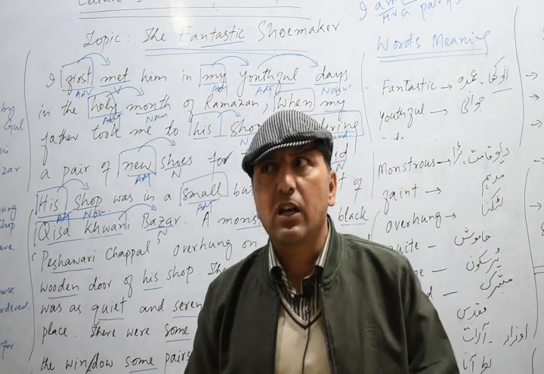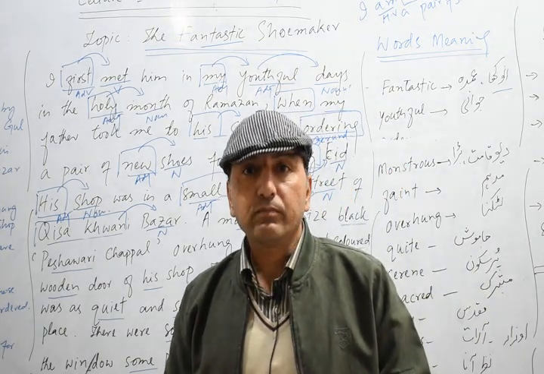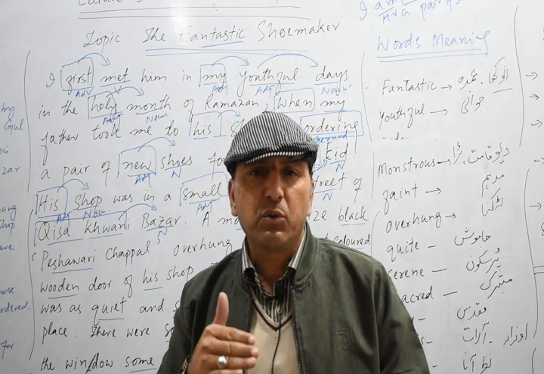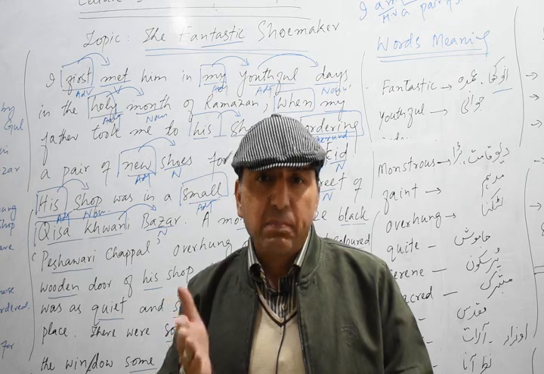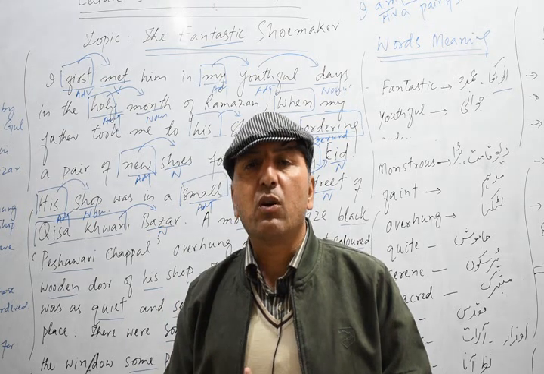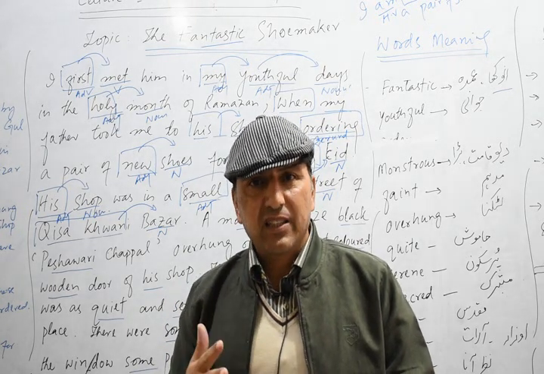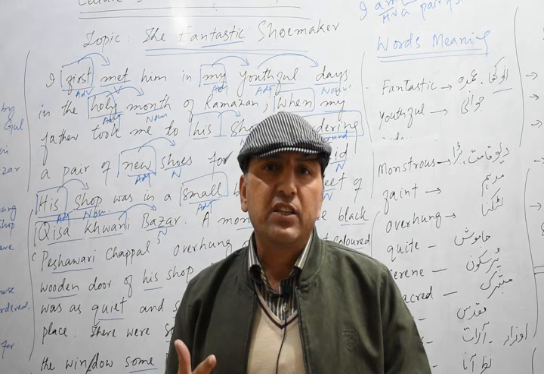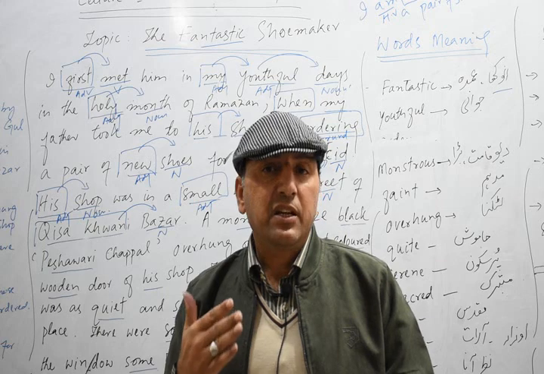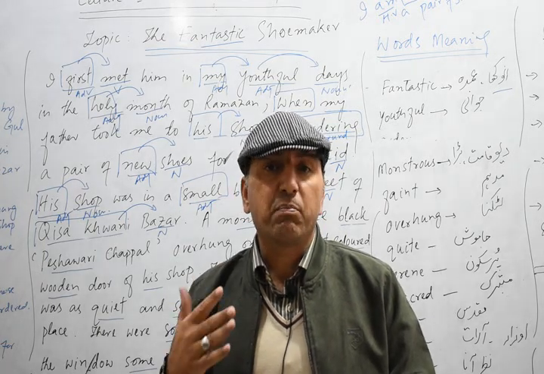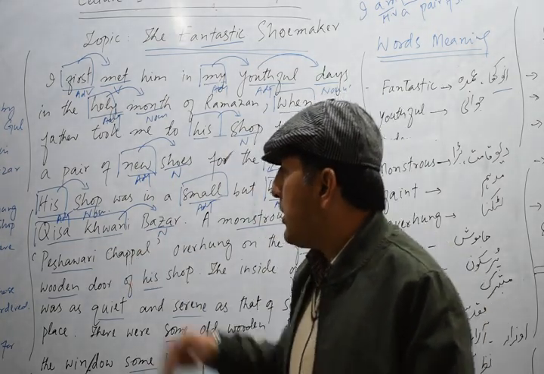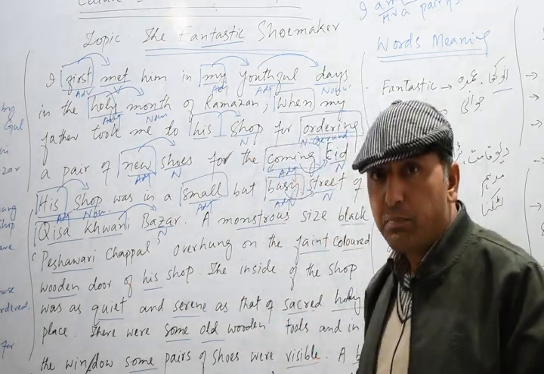For example, we have other examples like Pakistani scholars, Pakistani poets. Pakistani is made of the proper noun Pakistan, so Pakistani becomes an adjective. As it is made of a proper noun, we call it proper adjective. French perfume: French is made of the proper noun France. So French is an adjective, and it is a proper adjective because it is made of a proper noun. So Kisahwani here works as an adjective, though it is a proper noun.